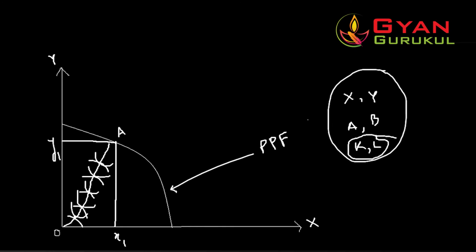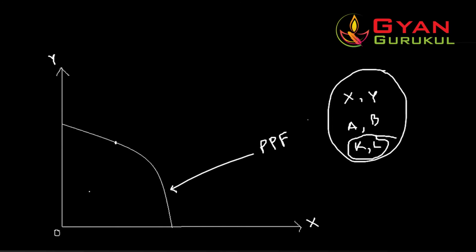Now similarly, just like point A, we can also take another point, say point B here, or we can take a point here, say point C, and also draw a contract curve here, and see how the two consumers are consuming with the help of an Edgeworth box.